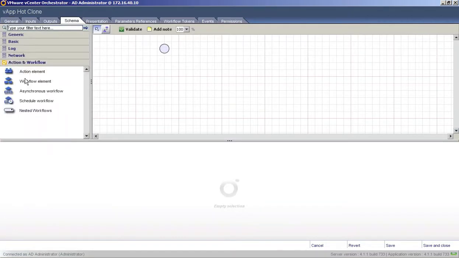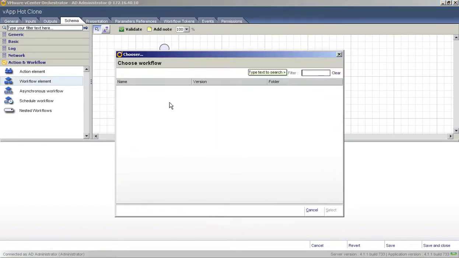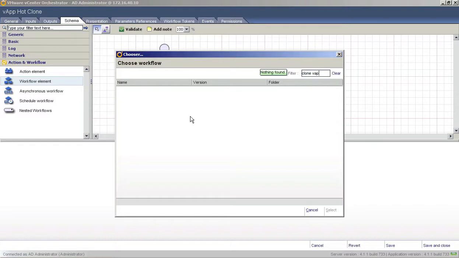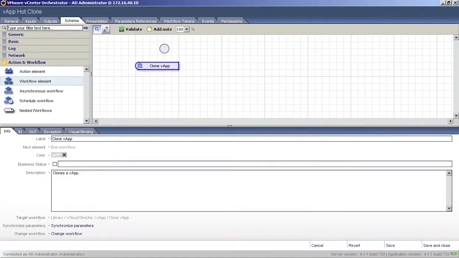Now we'll click over to the Schema tab, and then we'll select Action Workflow, and we're going to drag a workflow element onto the palette on the right. Now in the search box, we'll enter clone vApp so that we could find the library workflow for cloning a vApp. Now once that's been added to the palette,